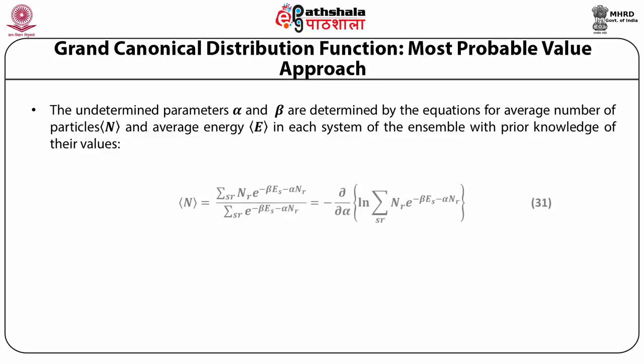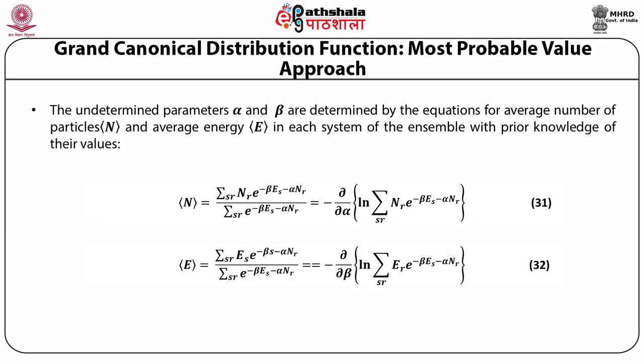That is, the mean value of the number of particles is equal to the summation over SR of NR e raised to power minus beta ES minus alpha NR, divided by the summation over SR of e raised to power minus beta ES minus alpha NR, which is equal to the negative of the partial derivative of the log of the summation over SR of e raised to power minus beta ES minus alpha NR with respect to alpha,